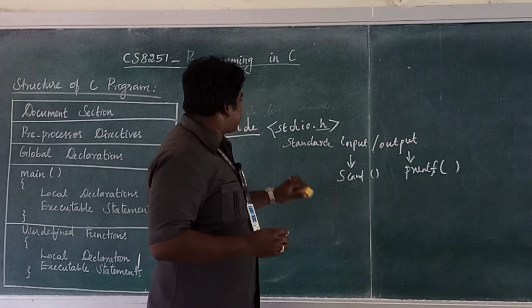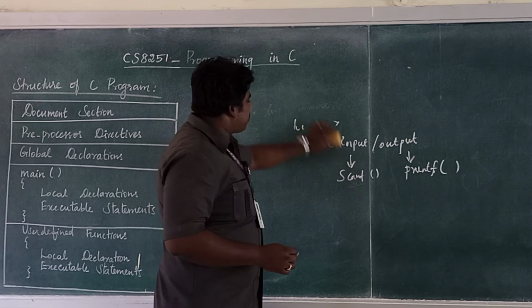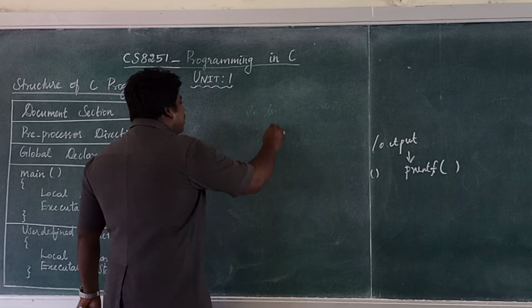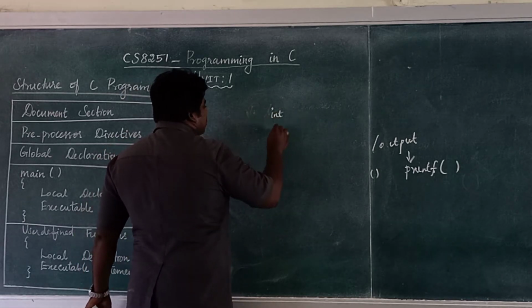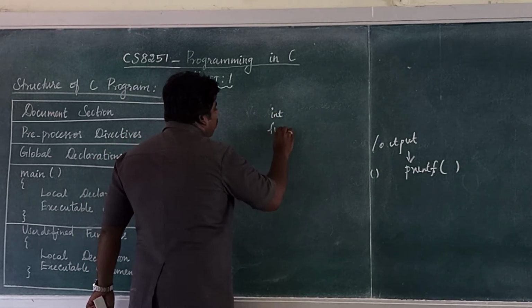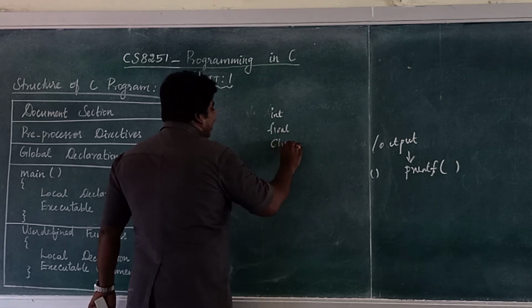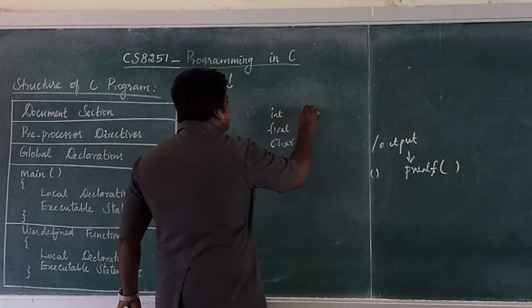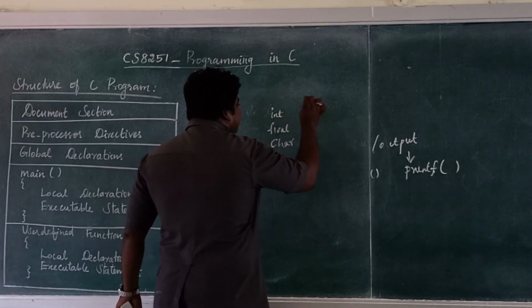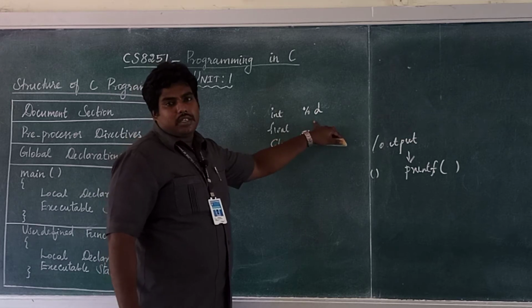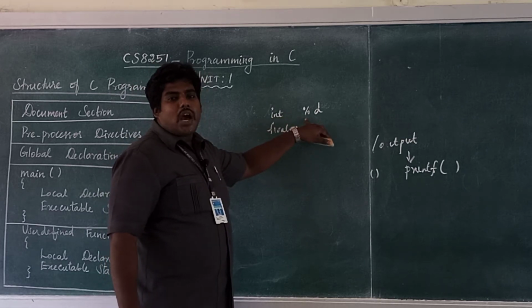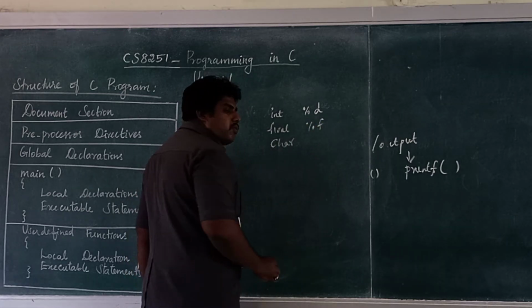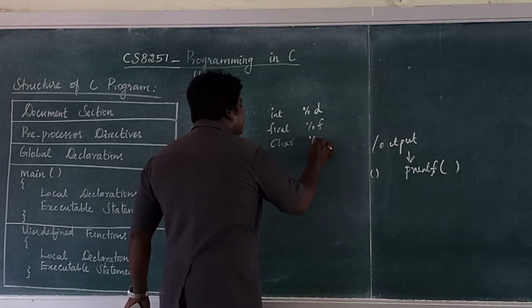There are a lot of types. Types means data types. What is a data type? Data type is nothing but the type of the data. Some of the data types are int, float, char, like that. Many data types are there. Okay. This int denotes integer. The format specifier or control string is %d. For denoting the integer, we have to use %d. Similarly, for float, %f. For character, %c.